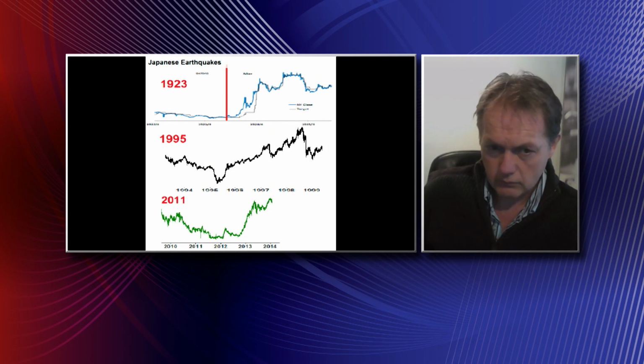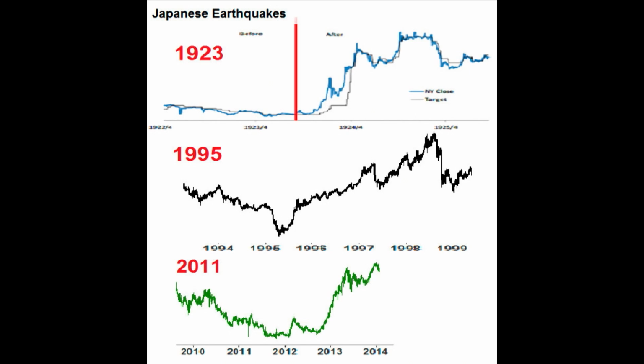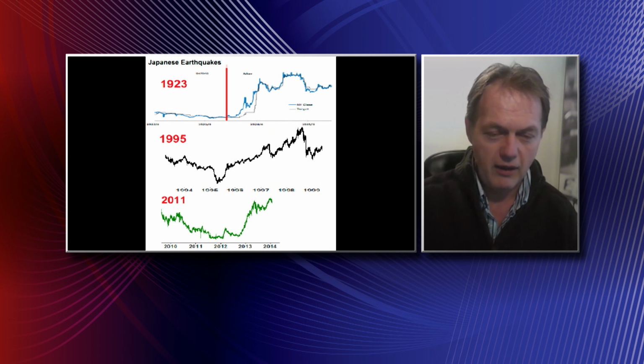Japanese earthquakes. You've got 3 earthquakes there, and this is dollar yen reacting in 1923, 1995, and 2011. The 3 big earthquakes of the last 100 years. And yet it's really weird and bizarre that prior to it the yen was strengthening. Then you got the earthquake, which, there's a whole causality issue there, but we'll leave that one alone because that's